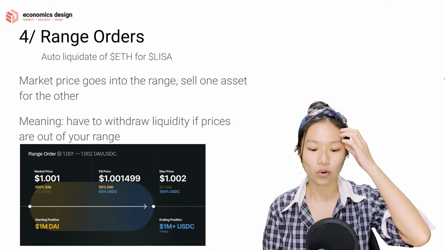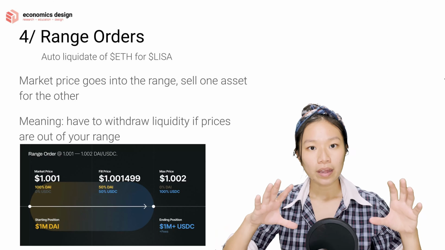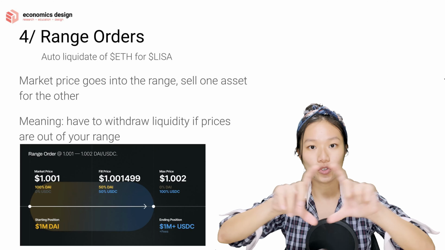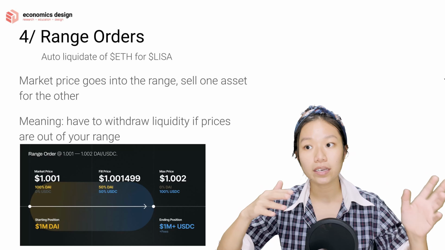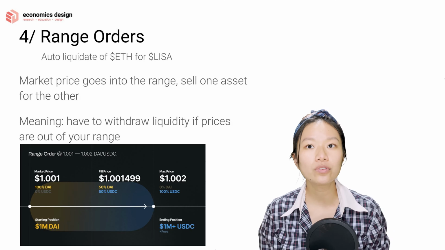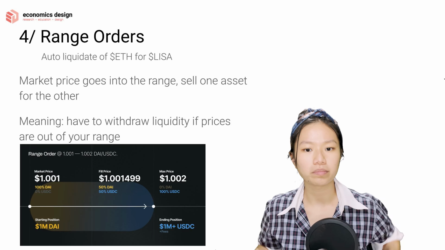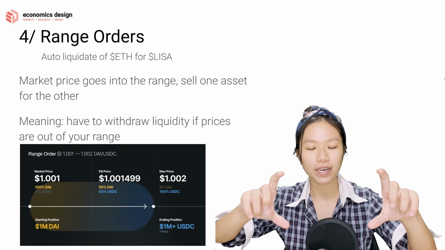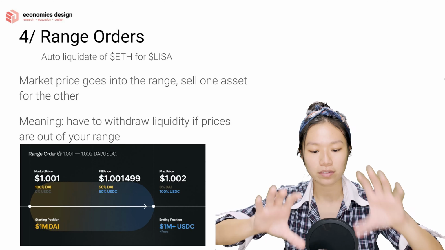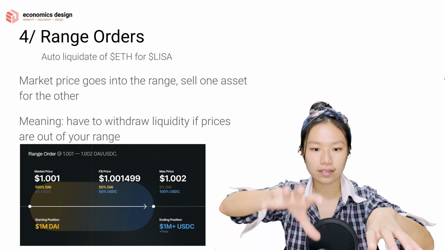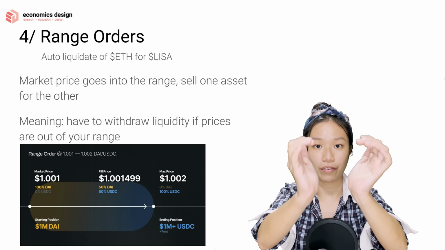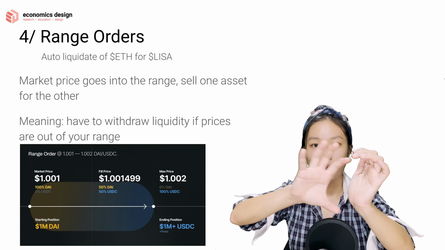Number 4, range orders. As I mentioned, you can provide a specific range that you want to provide liquidity to. And the thing is that you will only be providing liquidity in this range. How do they stop you from not providing liquidity in other places? Well, the mechanism works like this. Let's say I've got ETH and Lisa tokens in the pool, and I'm providing within this specific range. And when the price goes out of the range,